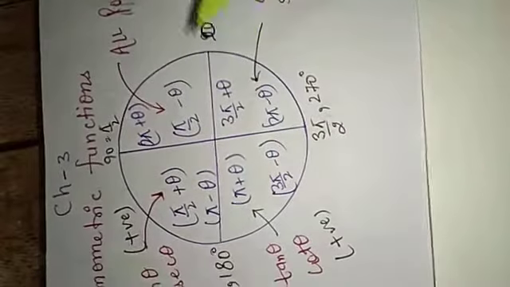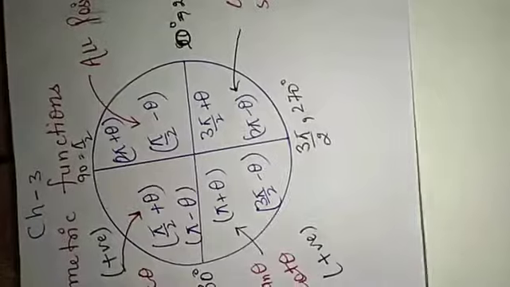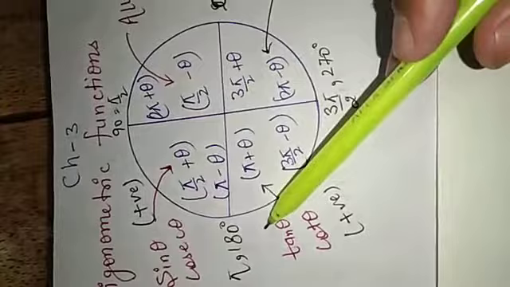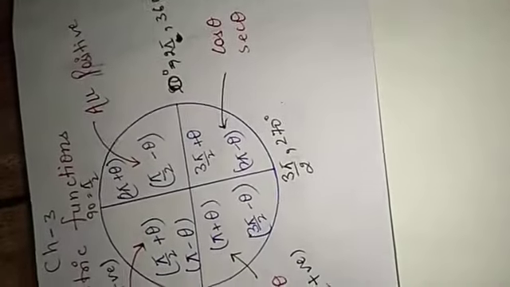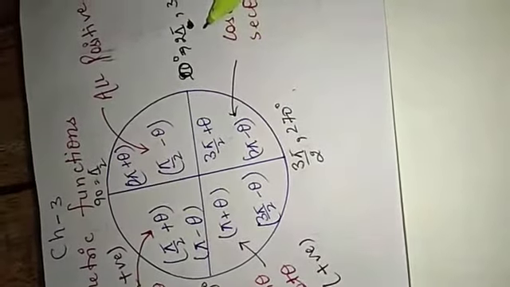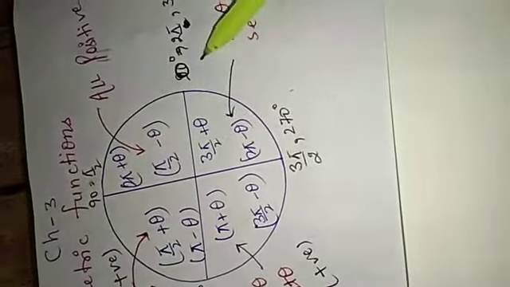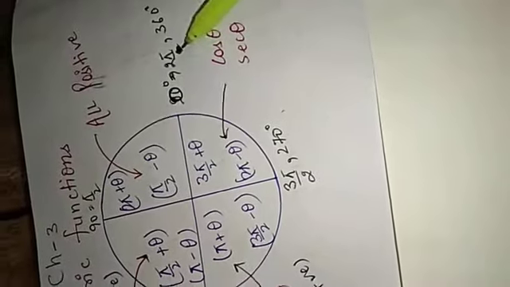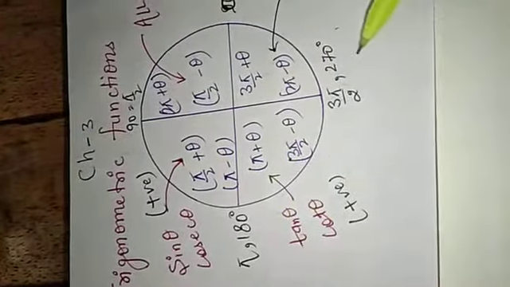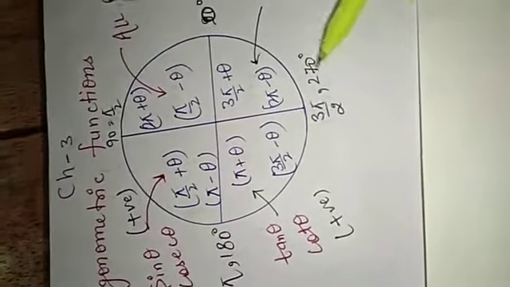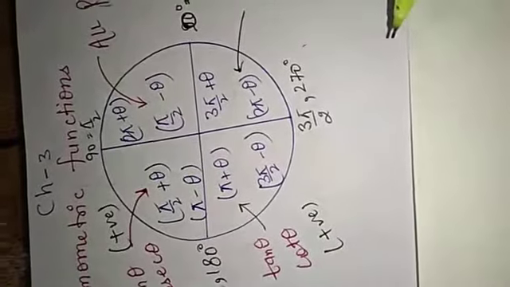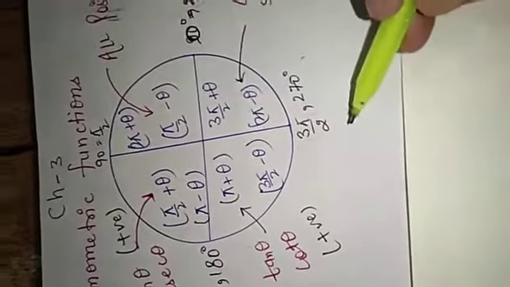There are many possibilities, and one more thing, till now you all learned angles in 0 degree, 90 degree, 180 degree and 270 degree and 360 degree. But in this class you learn about the angles in the radian form. That means 0 degrees and 360 degrees means 2 pi, and 90 degree means pi by 2, 180 degree means pi, and 270 degree means 3 pi by 2. How they are formed we also discuss in another video, when we start doing sums, how we change degree into radian or radian into degree.